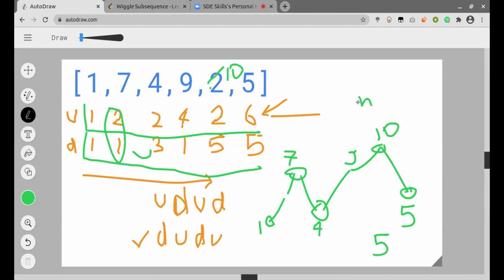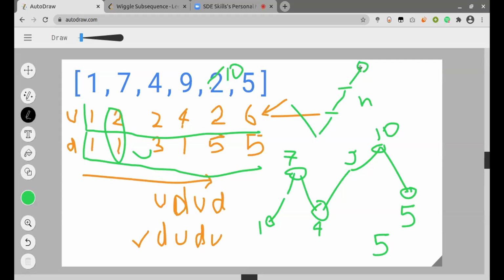Because if it is increasing, for example, if it is increasing, the down value does not get incremented or updated. So the up value will be always down plus 1. And here I just needed whatever the down value here. So till here, whatever I got the down value at each of the points, I just need the up value